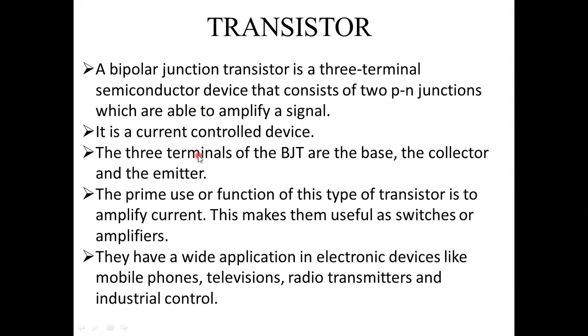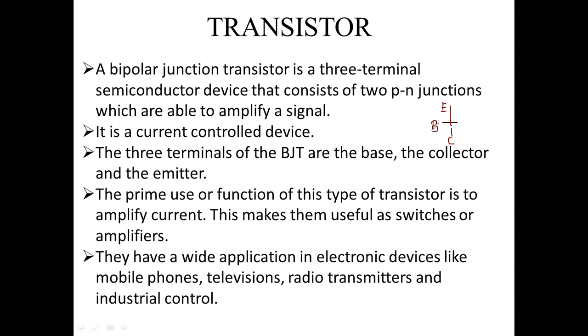The three terminals of the BJT: what are those three terminals? Base, collector, and emitter. Emitter, base, collector, you can tell in any combination. You remember whichever one you are comfortable with, but all the terminal names should come here now. Base, emitter and collector, or emitter, base, collector also we are going to call. Actually, why I call it emitter, base, collector: the emitter emits the signal or current, and the collector collects it. In between, which terminal is there?